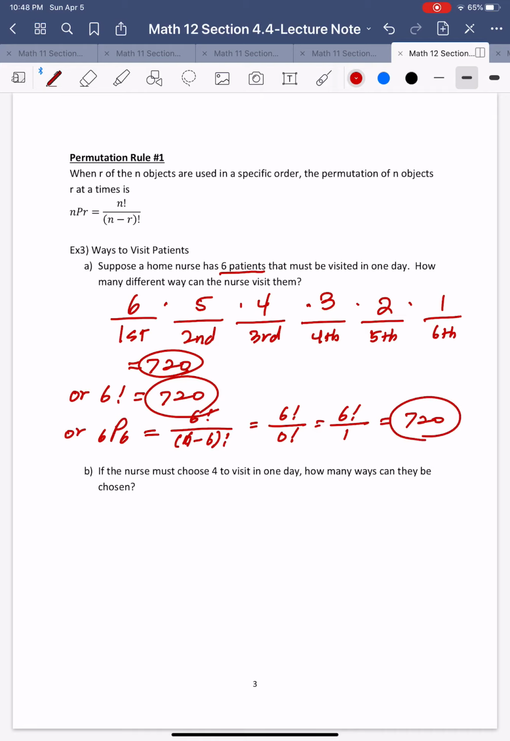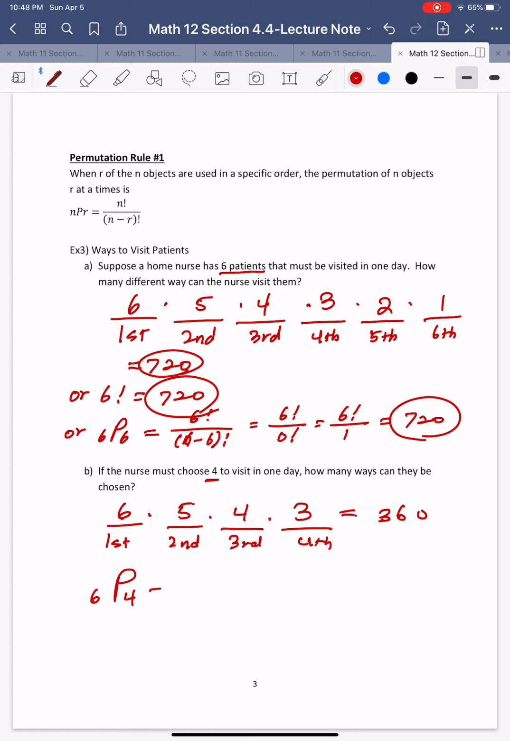different ways. If the nurse must choose 4 from the 6 patients, how many ways can you visit them? So which means now you have 4 patients to visit. So for the first patient, you only choose 4 from the 6. There are 6 patients, 5 patients, 4 patients, and 3 patients, right? So you got 360. So which is second, third, and then fourth. Also you can say there are 6 patients, but you only choose 4. So 4 factorial over 6 minus 4 factorial. You got 4 factorial over 2 factorial, which gives us